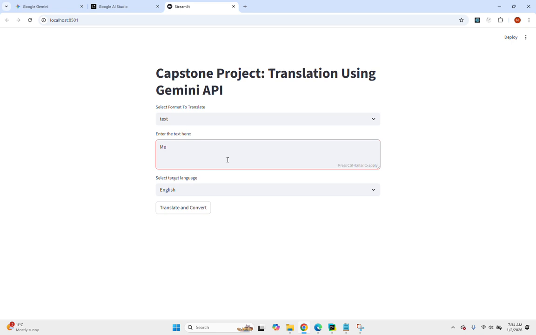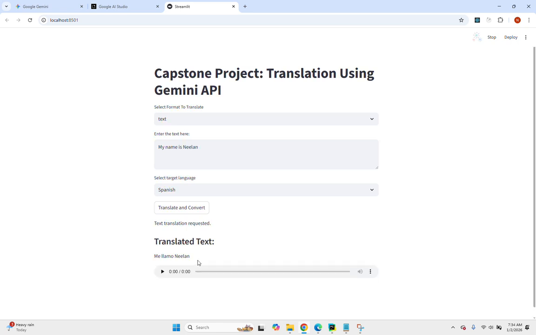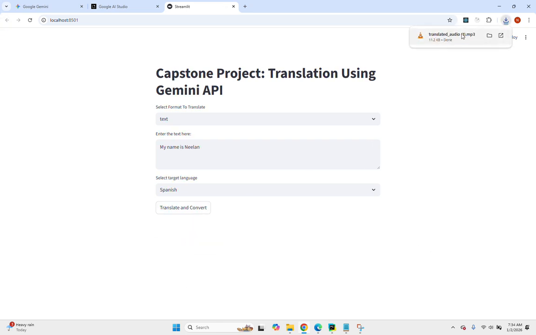now. Here I'm going to say my name is Neilin, and we're going to translate it to Spanish. Translate and convert. And see, me llamo Neilin. And also, it could play it. And if you want, you could download the audio of it, and it'll download, and then